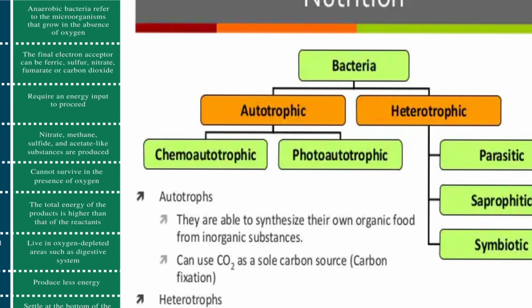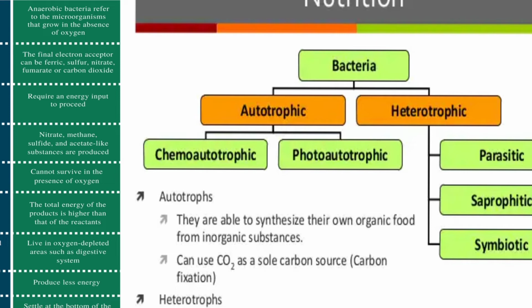First one is parasitic. So they just infect a host cell and take their food from it. That is what parasitic is. And the second one is saprophytic. They feed on dead and decayed matter. For example, some bacteria and fungi do this decomposing process, right? When dead and decayed matter is left as such, what happens? It is just decomposed by the bacteria. So they are the decomposers, or saprophytic.